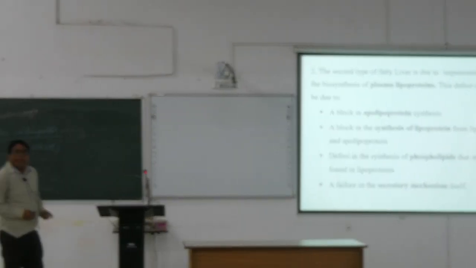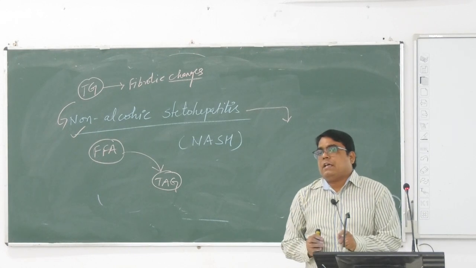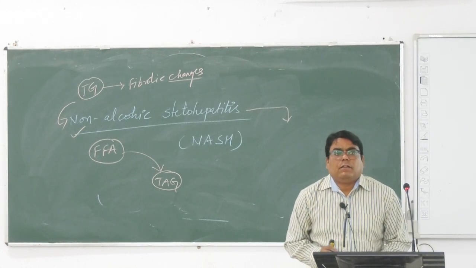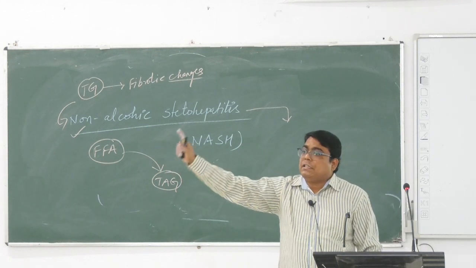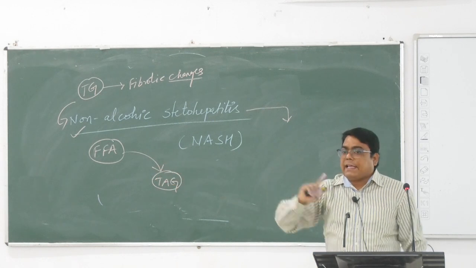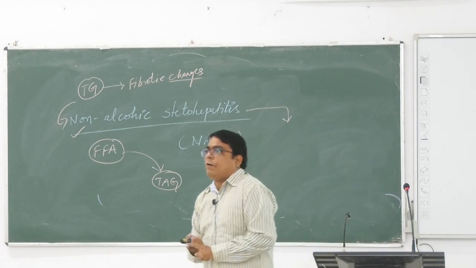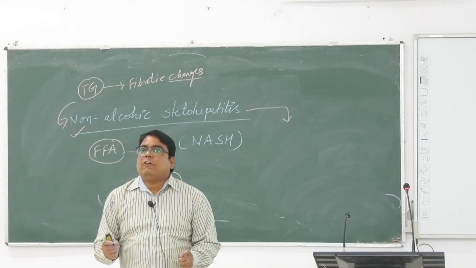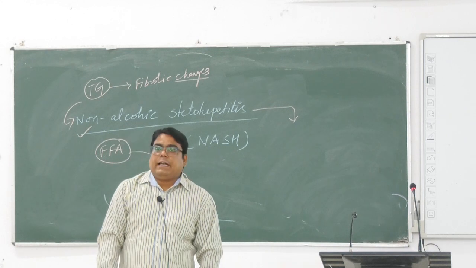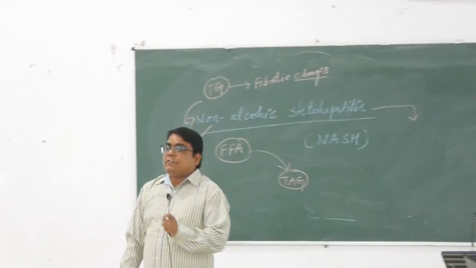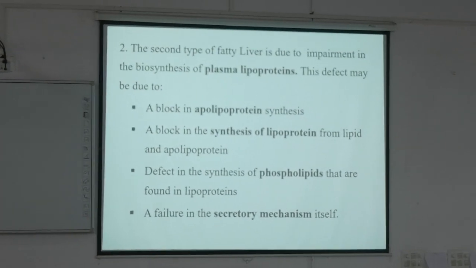Okay, so if fatty liver occurs, fibrotic changes may occur, leading to accumulation of these molecules. If the lipoproteins do not function well, what is the main function of lipoprotein? They transport cholesterol and triglyceride to the extrahepatic tissues, and from the extrahepatic tissues they take cholesterol and TG back, like HDL, to the liver for further metabolism. How are these lipoprotein molecules formed? By the attachment of some apoproteins. If the synthesis of apolipoproteins like ApoB48, ApoC, ApoC2, ApoE is blocked, the lipoproteins are not synthesized. If not synthesized, there is no transportation of